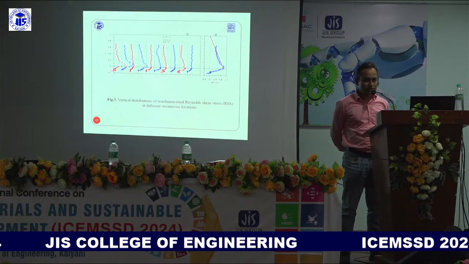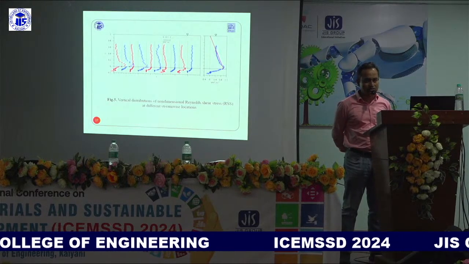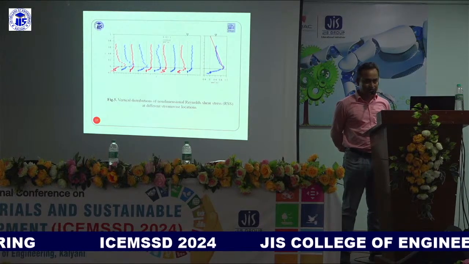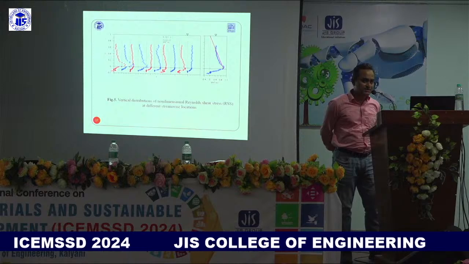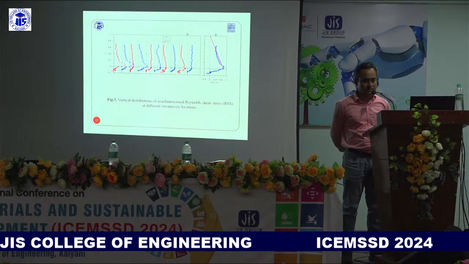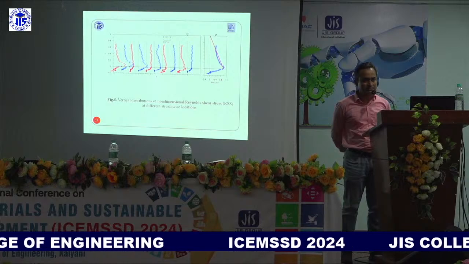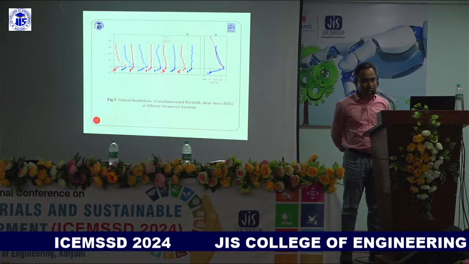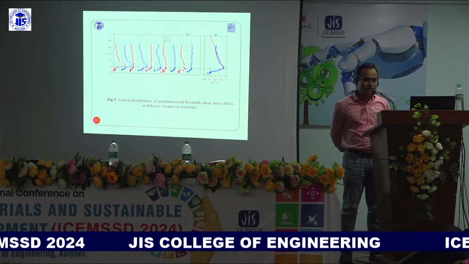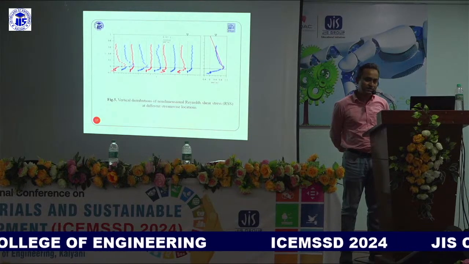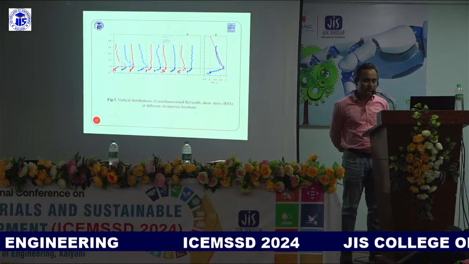And from there, when we multiply the fluctuations of these two velocity components, we can get the value of the shear stress, and this shear stress is called the Reynolds shear stress. This Reynolds shear stress becomes maximum at the top level of the bed. And at the top level of the water surface, this value will be 0, because